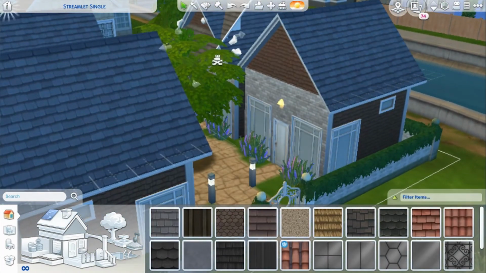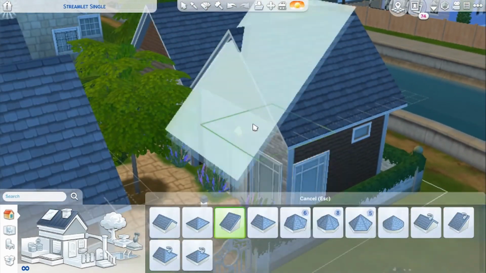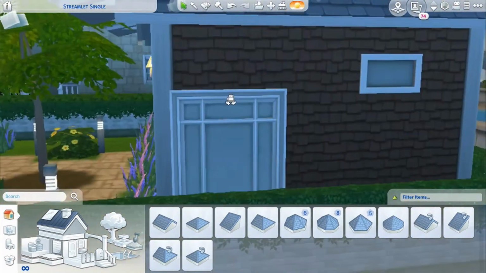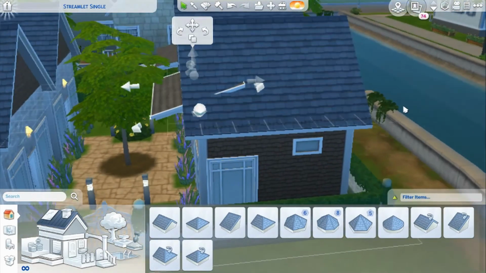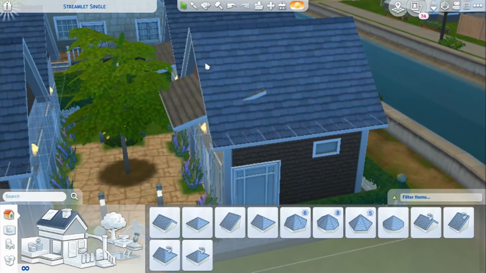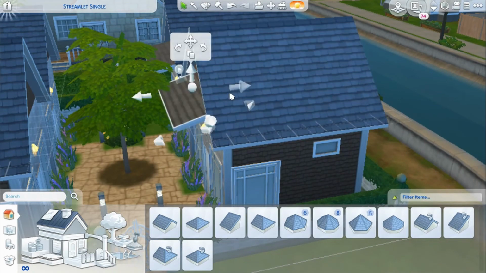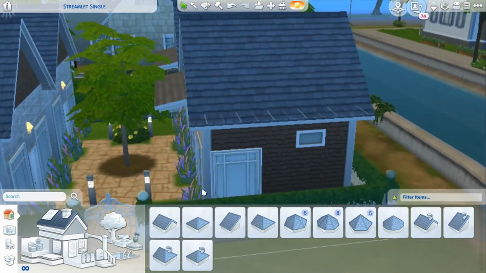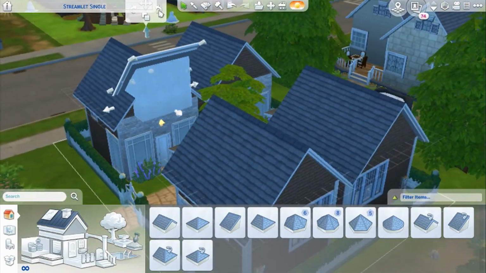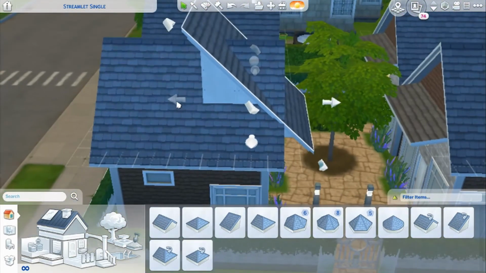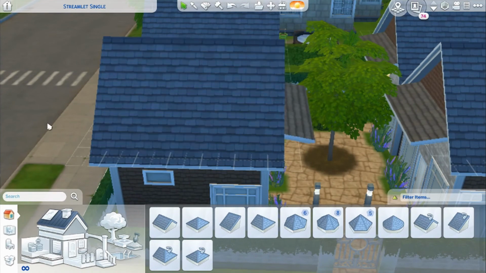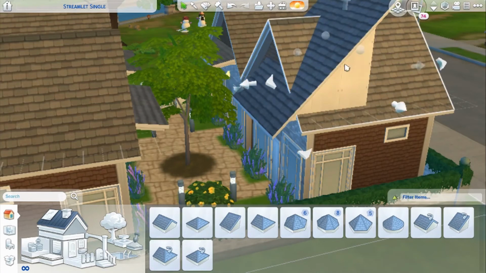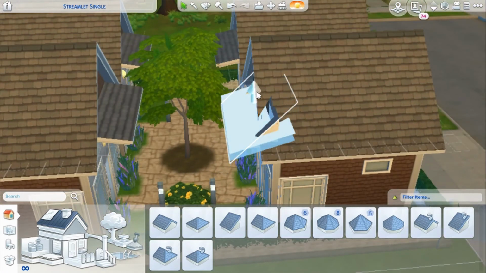Here you can see I'm really messing with these roofs because I wanted some type of protection from the rain. I know that when I was living in an 800 square foot tiny little cottage home for rent, we always kept the windows and the door open because we didn't have an air conditioner. So we kept the windows and the door open, and when it would rain, it was like a blessing because it was always hot in the summer. It was really, really hot and humid, and to get the wind from the rain and that nice cool